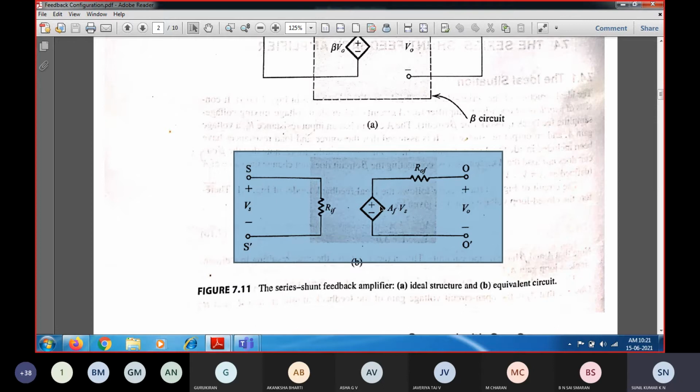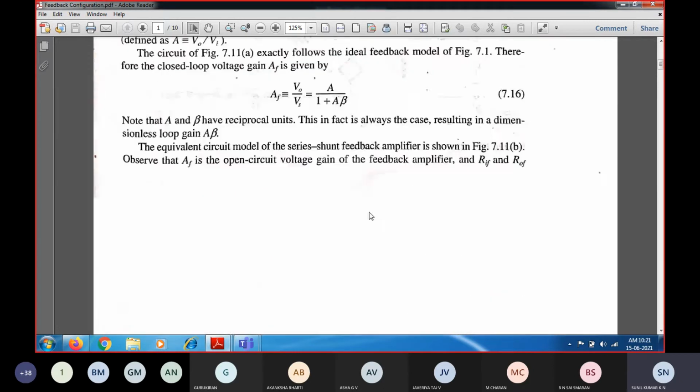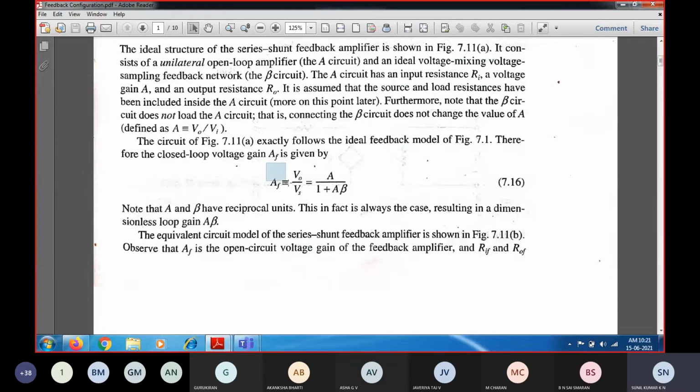The gain is of what? So gain is negative feedback gain. Okay, so that same thing you are going to learn here. So the negative feedback gain is given by what? AF is equal to V naught by Vs. So V naught by Vs is given as what? So this is the negative feedback gain.